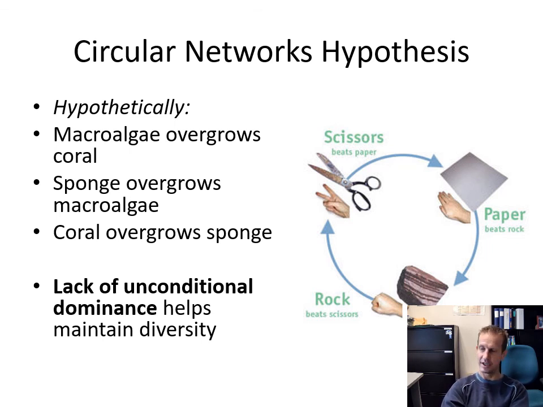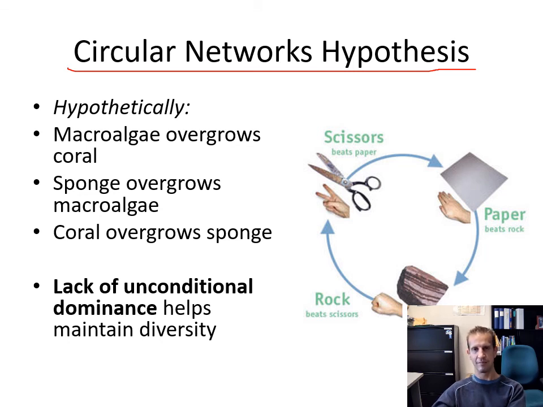So if there's all this competition going on in coral reefs, some people might wonder, why doesn't one species take over? I mean, isn't there some winner that just wins and eventually the coral reef is just covered in that one species of coral or the one sponge or seaweed or whatever is the best? Why doesn't that just take over? So there have been different theories put forth to explain why you don't have this competitive exclusion happening on reefs. And one of the theories is the circular networks hypothesis, which